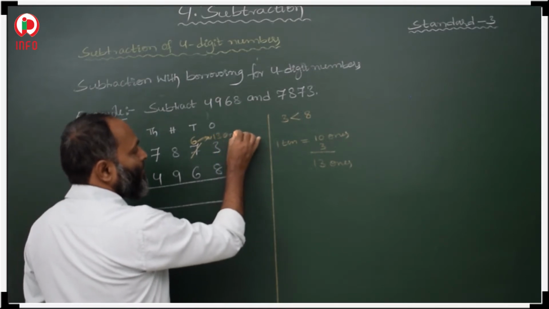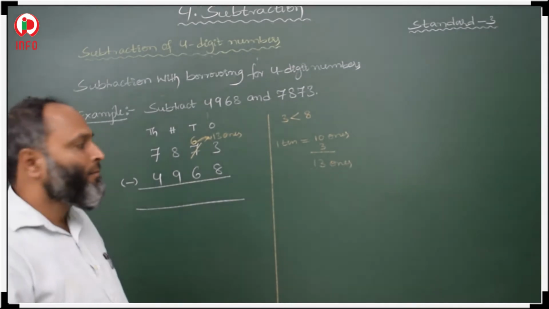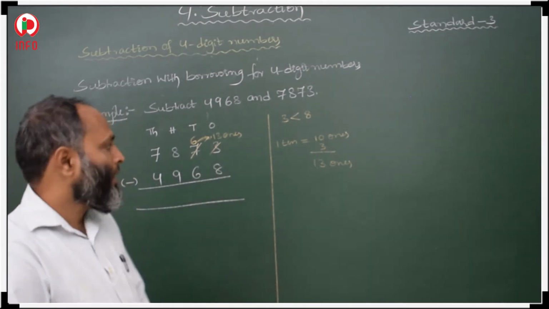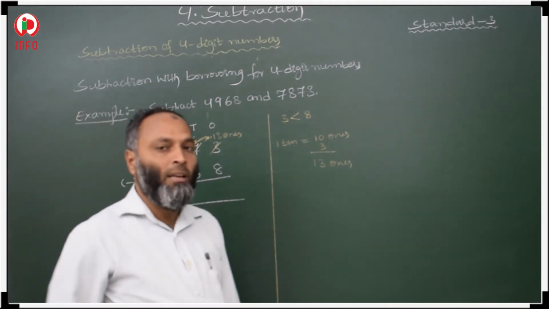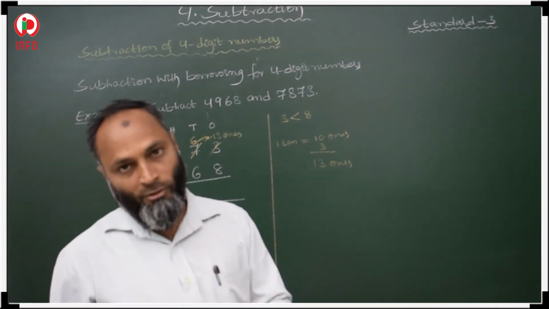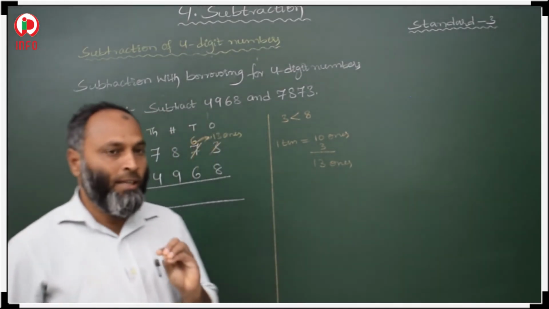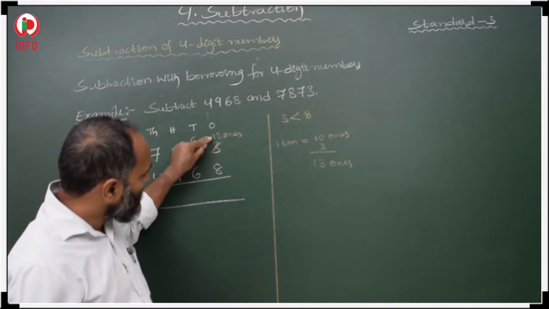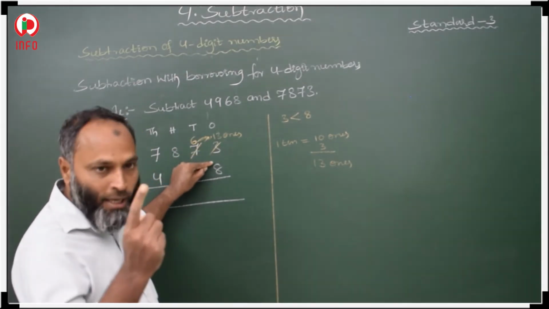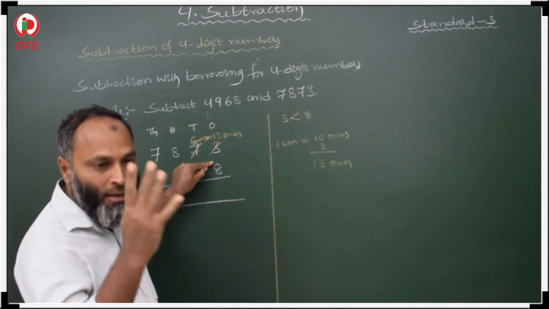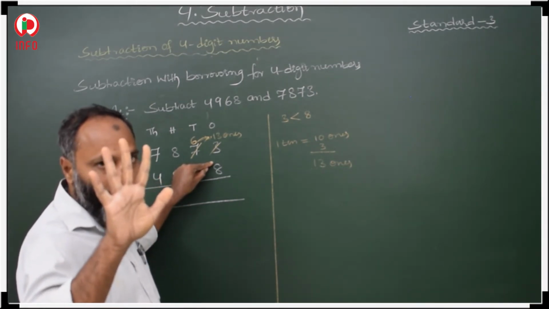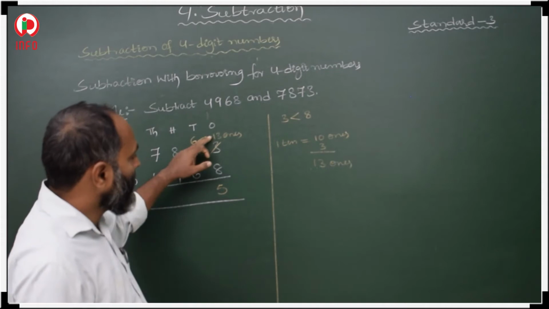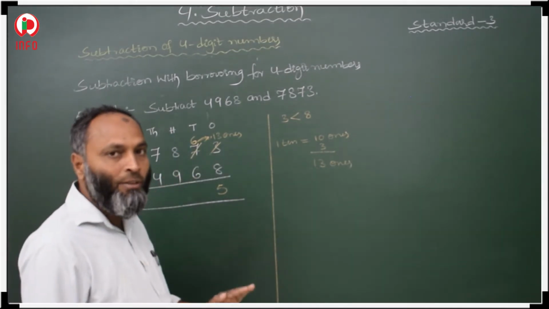13 ones. Then 13 minus 8. How much is 13 minus 8? How to calculate it in the easiest and simplest way? It is very easy. Here 8 is there now. You start your counting from 9. 9, 10, 11, 12 and 13. How many? 5. So you have to write 5 here. 13 minus 8 is 5. In this way you have to count and write.